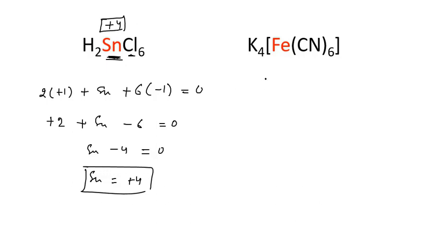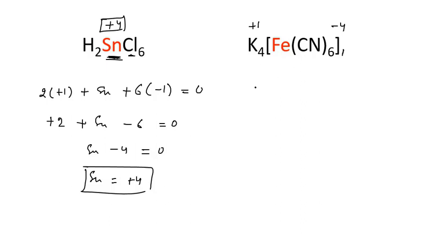Now the next part is K4Fe(CN)6. It is a complex actually, so it's your choice how you want to solve this. This is 1, this is 4, so you can put up here it is -4, you can put up here it is +1, like that also. Otherwise, if you want to plug in the oxidation number of each element given here, that way also you can calculate. It's up to you.